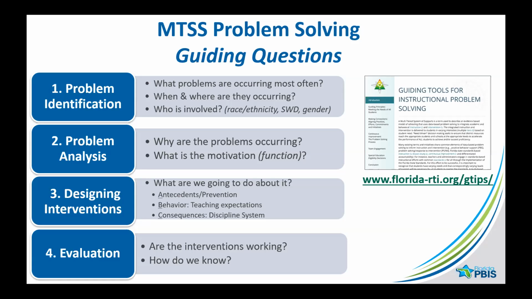So it's finding and being able to determine what problems are occurring most often, when and where are they occurring, who's involved with this, helps us identify the overall problem. Once we identify that, and hopefully it's accurate, it isn't always all the time, which requires us to go back through the process. Then we want to look at step 2 in the problem analysis, such as why are they occurring, and help us to determine what's the purpose behind it. Again, if you've got lots of disruption, say that's happening in the cafeteria, and you're able to narrow it down and say we're having the most problems in the cafeteria, you might want to say, why is this most often happening?